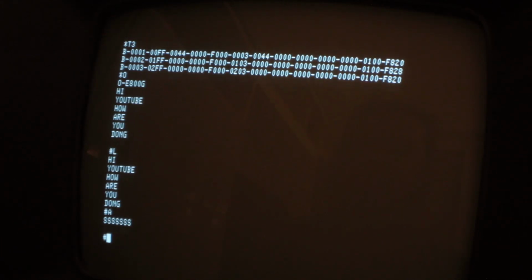So for example, I can type, I don't know, just random letters. And if I go back and do another listing, as you can see, there is the new command. So with the S you can search YouTube and return, and it will print the line with the string that is searched.